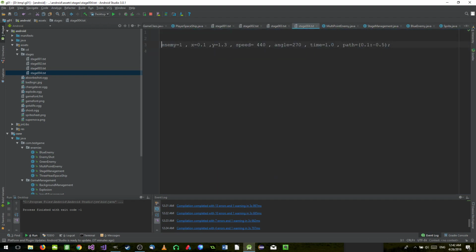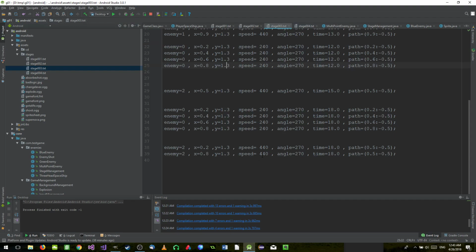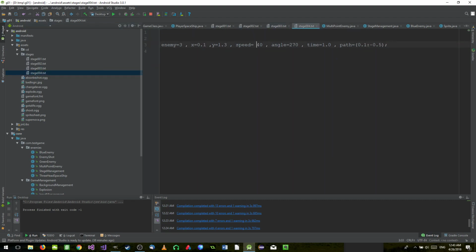to the other stages. So here I'm gonna give the ID of 3, sorry, to this enemy, and here I'm gonna say the speed. What was the speed for this one? The blue enemy, where is that? Enemy speed 400, yeah, 440. So instead, this is gonna be make it 300. Don't want it to be too fast, and